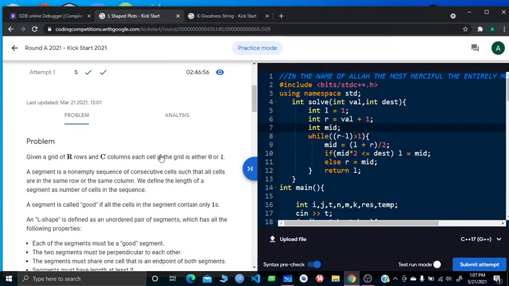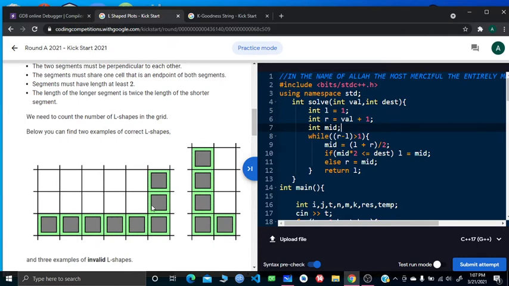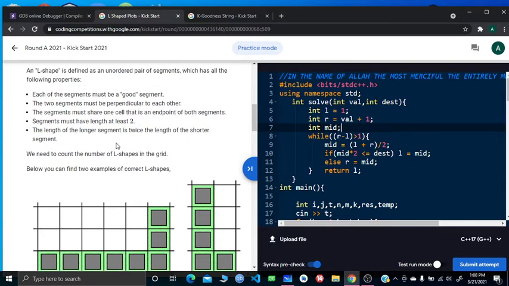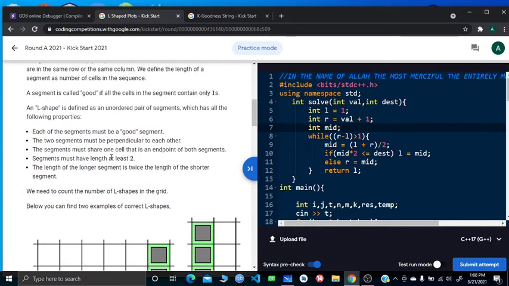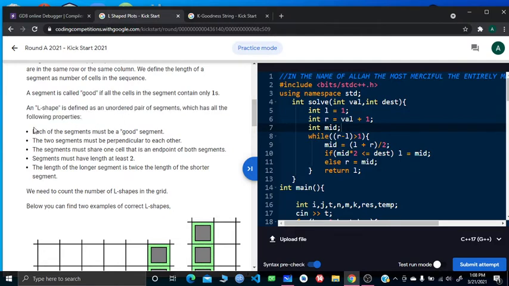So in this problem, basically what you have to find out is you're going to be given a grid of R rows and C columns, and inside that grid you just have to find how many L shapes there are. They have also characterized how the L shape might look. Here an L shape is defined as an unordered pair of segments, and it's basically the general L letter that we use, exactly, and the exception part is